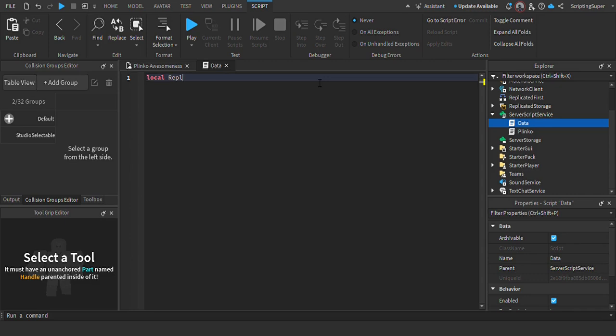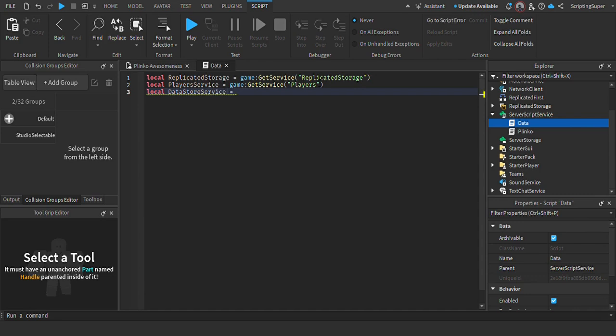We're going to need the replicated storage, we'll also need the player service, not children, but service players, okay. And we'll also need the DataStore service,